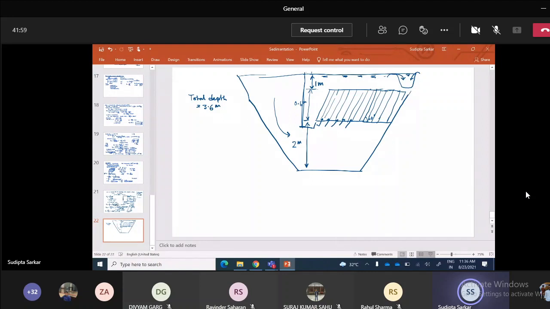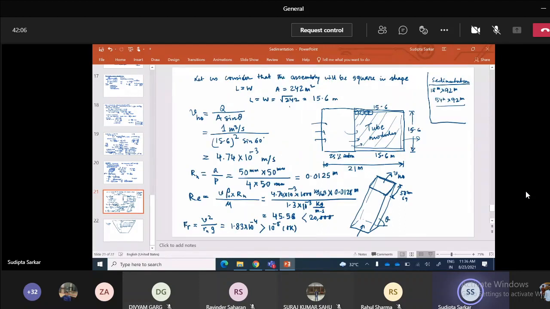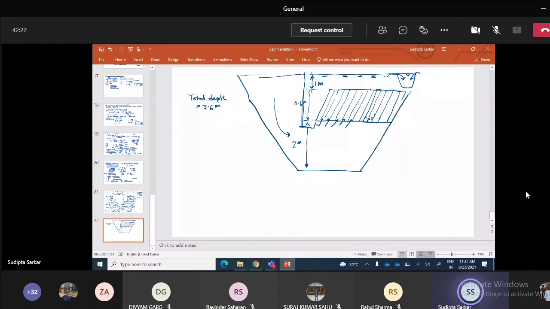This is how it looks. So this is each chamber, and we have 3 chambers like this, 3 compartments. You can think about how to arrange this. You can arrange this side by side, or you can have a different arrangement. You have 3 streams, and each stream will have this much area. Now you can understand, back to your whole problem, that if we can design tube settlers in a very pragmatic way, that will give us